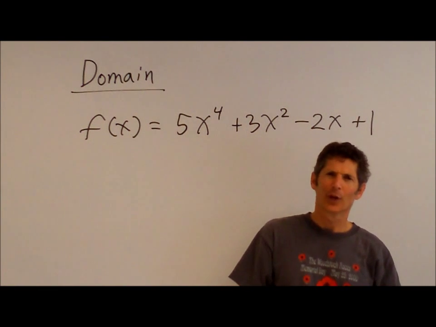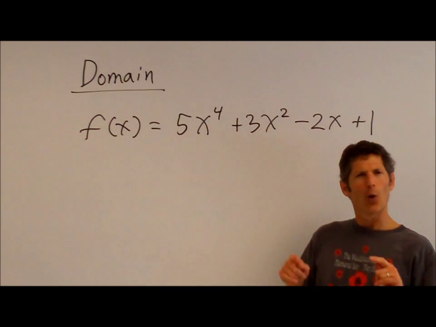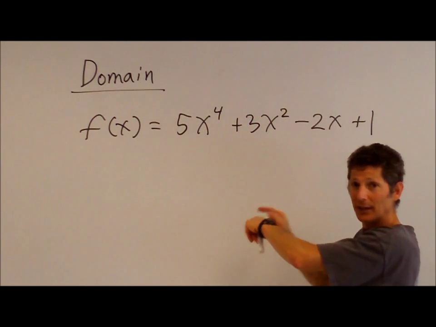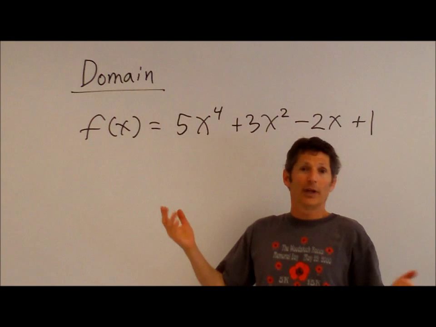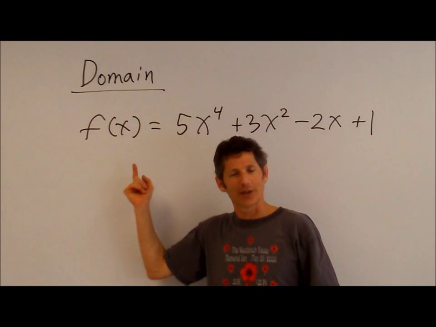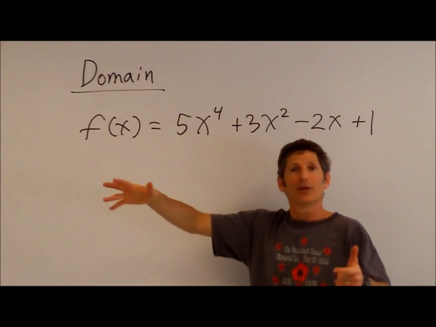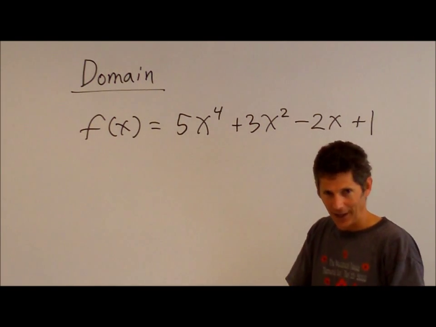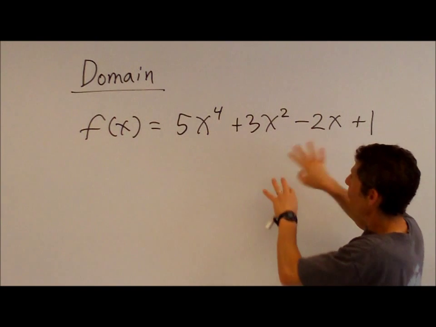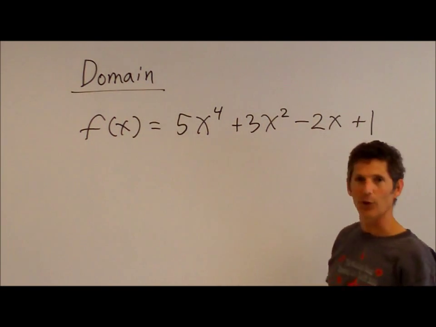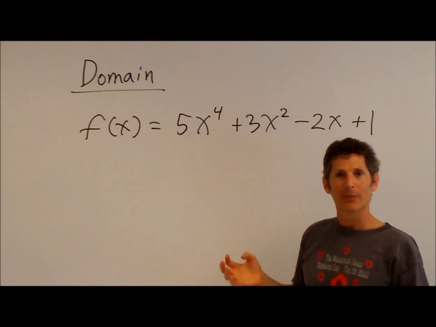So domain is like, what can I put in for my x values and get out some y value? Yeah. Now, if I write f of x, that's the same thing as writing y. F of x means what's y. So what I'm asking is, what x values can I put in here? Could I put in a 1 for all these x's, or a 2, or a pi,